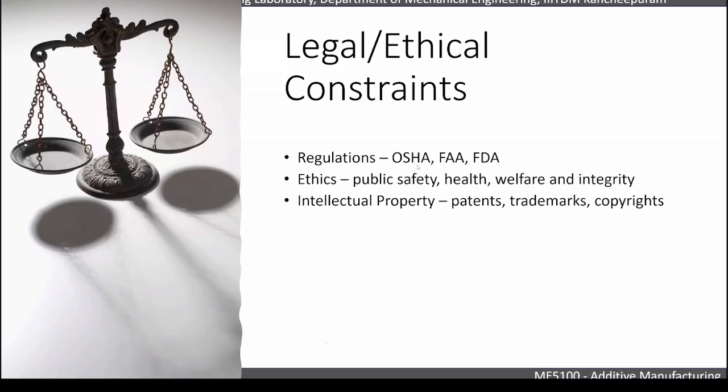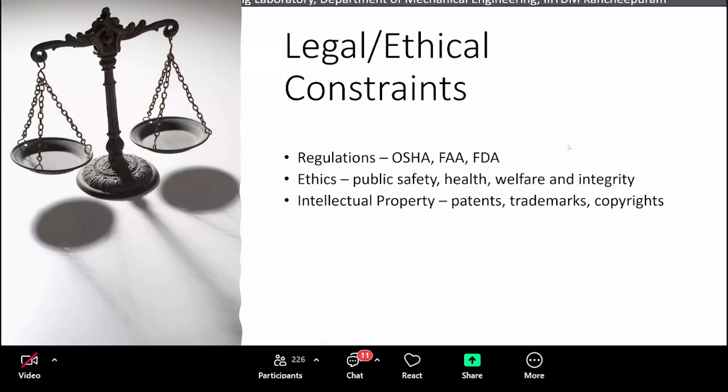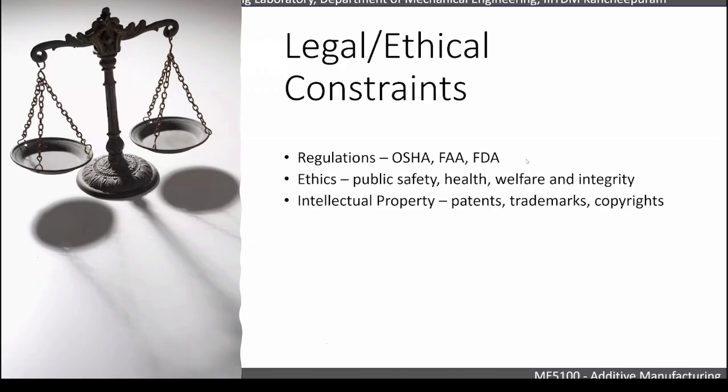when you fabricate something by welding, the Occupational Safety and Health Administration involves huge regulations. In terms of the Federal Aviation Administration and the Food and Drug Administration, when you're talking about healthcare, there are a lot of regulations around healthcare. So you need to qualify your parts for use. You have to do a lot of clinical trials before you can bring the product. So legal and ethical constraints are there for additive manufacturing too, right? As good as any conventional manufacturing, but the rules are a little more stringent for additive manufacturing